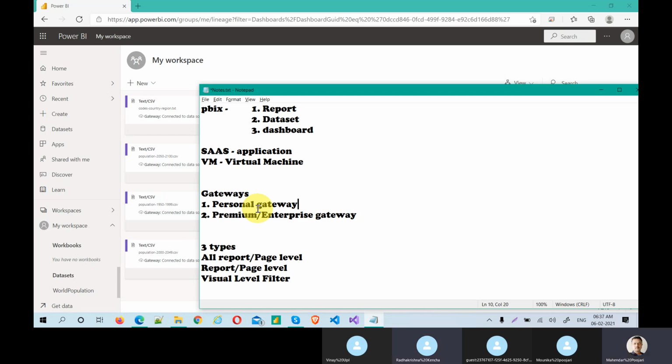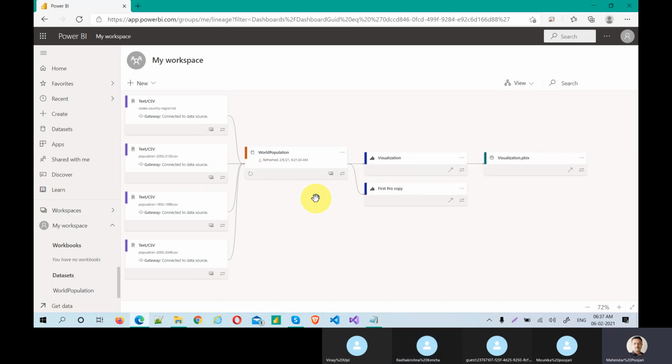Did you publish this population data from Power BI desktop? Without publishing, you cannot see the data in app.powerbi.com or Power BI service. But I have done it a different way.